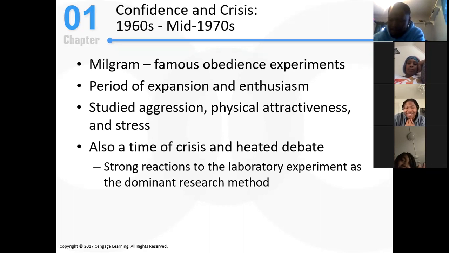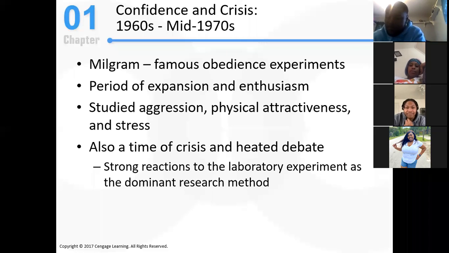Absolutely. This is the experiment where he told people to shock other people, but actually the more they screamed, the more they shocked, and they knew they was doing it wrong. What they were doing was wrong, but they continued to do it because somebody else told them to, so they didn't feel like the blame was on them, but on the people who was giving the orders. Excellent. Next credit point, Maisha, outstanding.